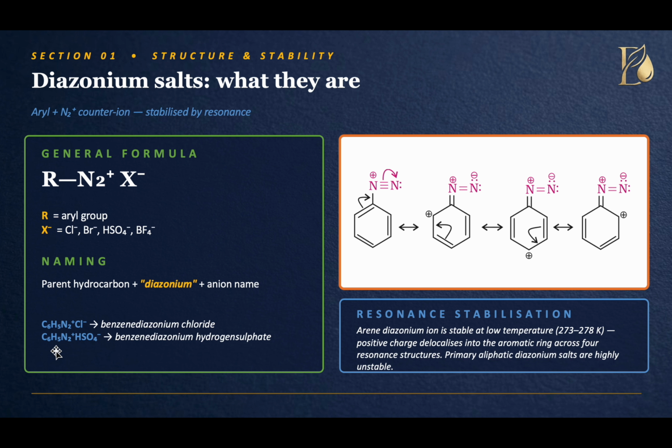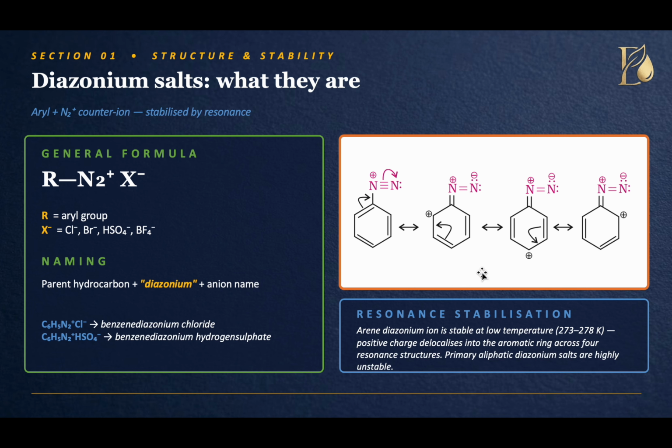Okay, we can see another example, C6H5N2+ HSO4-. Parent hydrocarbon benzene, then diazonium, then anion name. Anion name is hydrogen sulfate. So benzene diazonium hydrogen sulfate. So diazonium is common for every diazonium salt. Then the hydrocarbon part and the anion part will change. Okay. So understanding this naming is important because it helps you quickly identify the structure and reactivity of the compounds